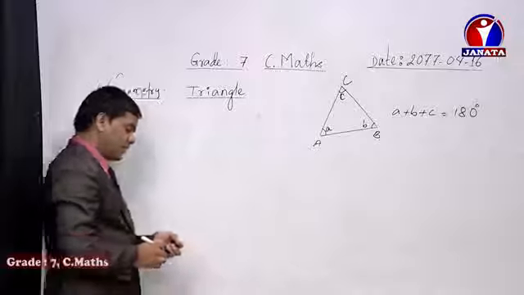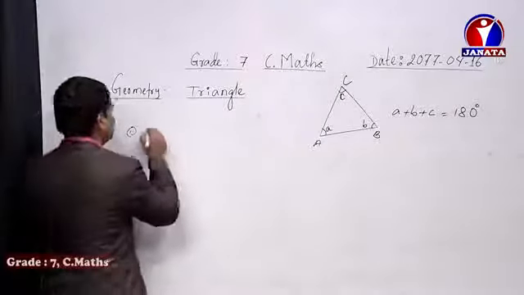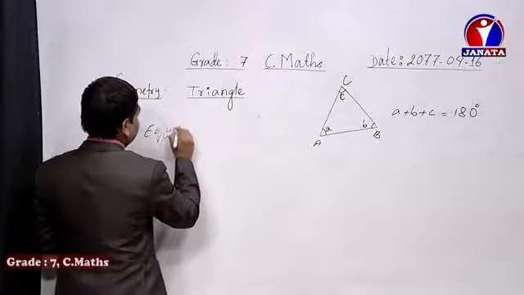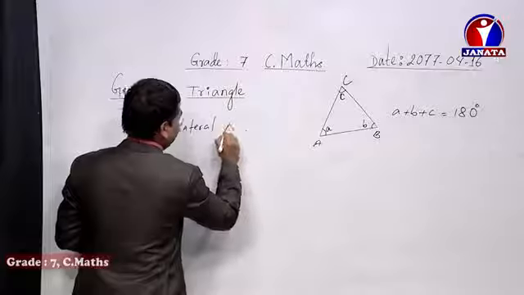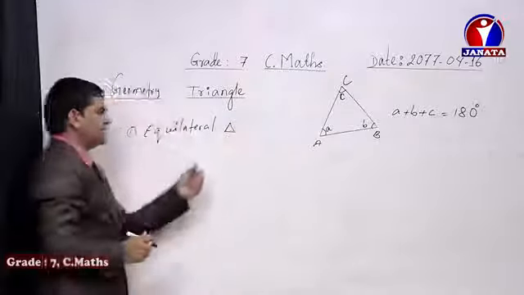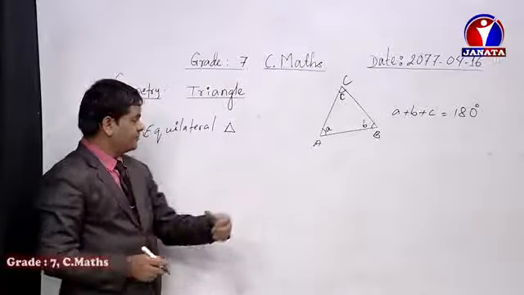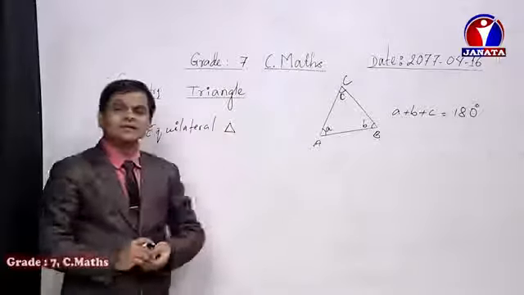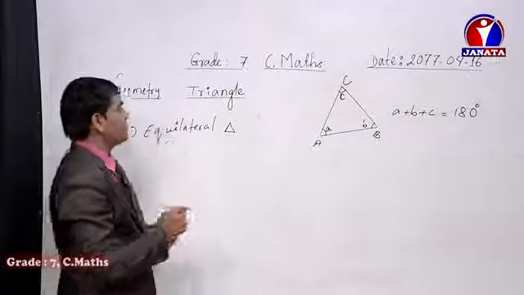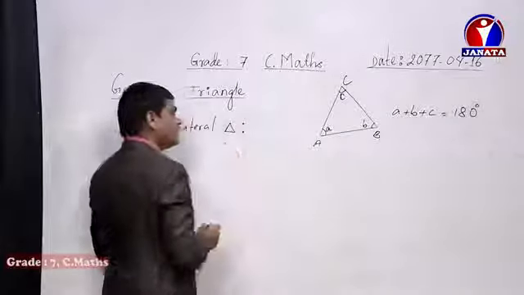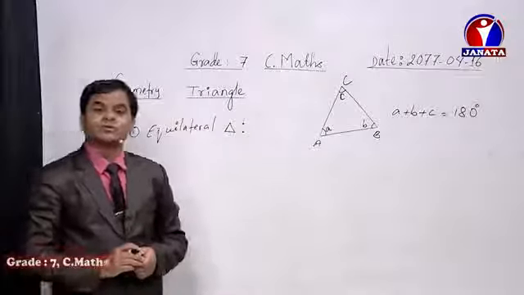The very first type of triangle is the equilateral triangle, dear student. Let's write equilateral triangle, one of the four types. I am going to write it symbolically. This is the symbol of triangle. Rather than writing the spelling of triangle, you can write the symbol as well, as it is a mathematics subject. So equilateral triangle means, dear student, a triangle having all sides as well as all angles equal to each other.